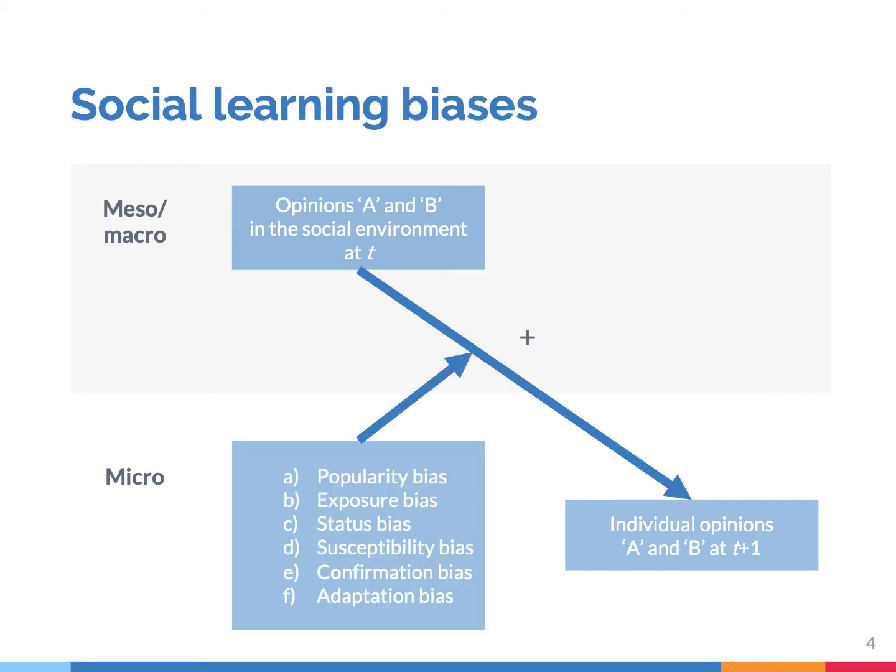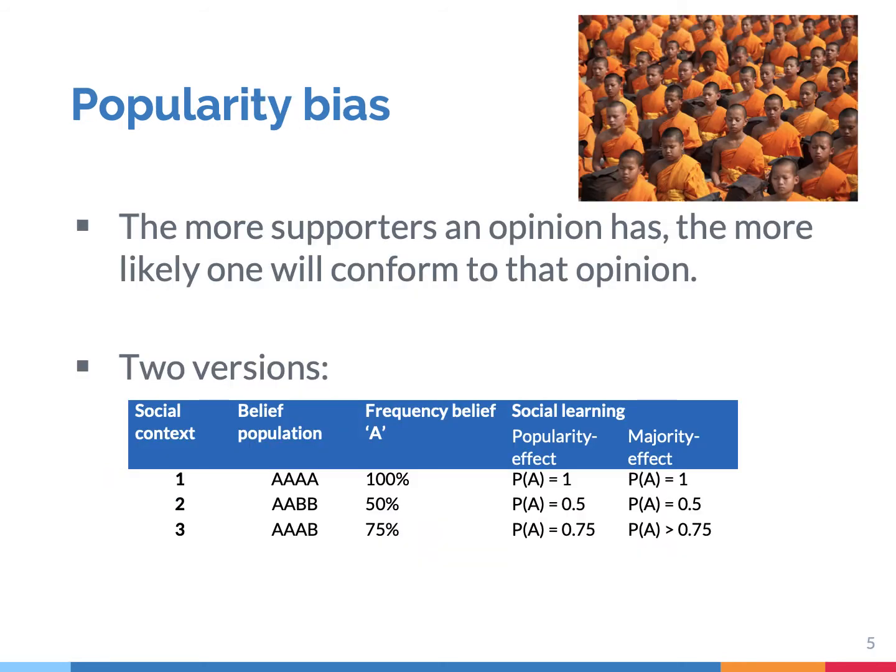At the same time, social learning theory also emphasizes social learning biases. These are conditions that modify the degree of conformity. So, depending on certain conditions, conformity is stronger or weaker. A well-known condition has to do with the popularity of an opinion in the population. If an opinion is widely supported, then more and more people will conform to that opinion. People take popularity as a signal for quality, for being the right or accurate opinion.